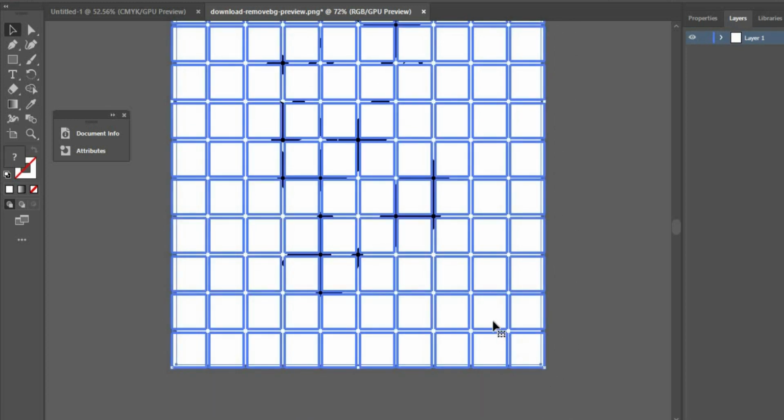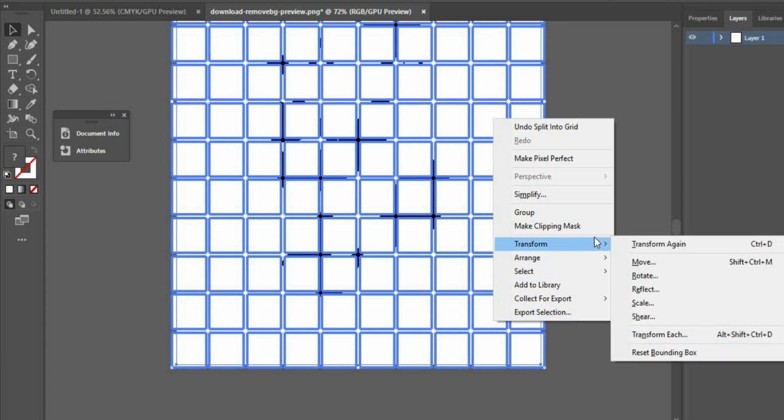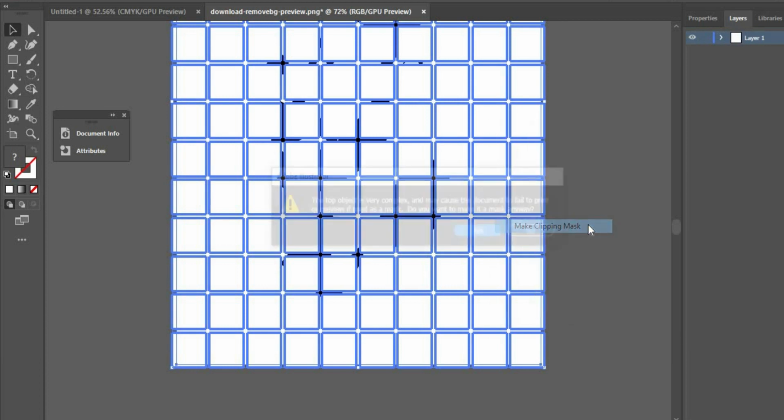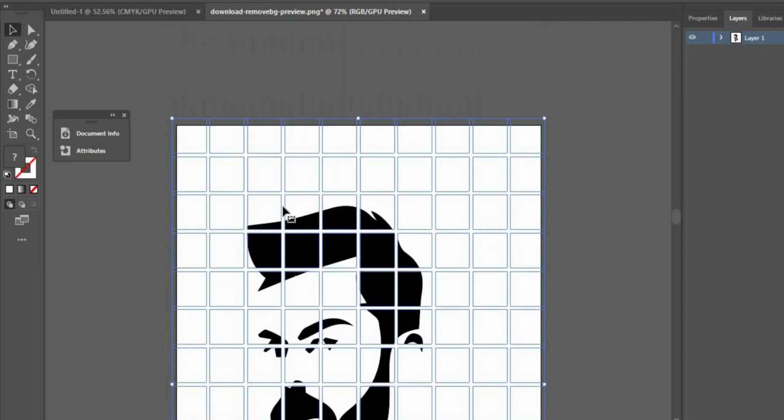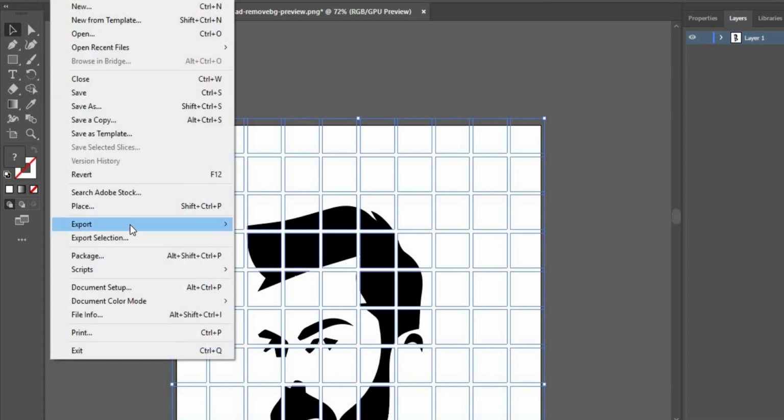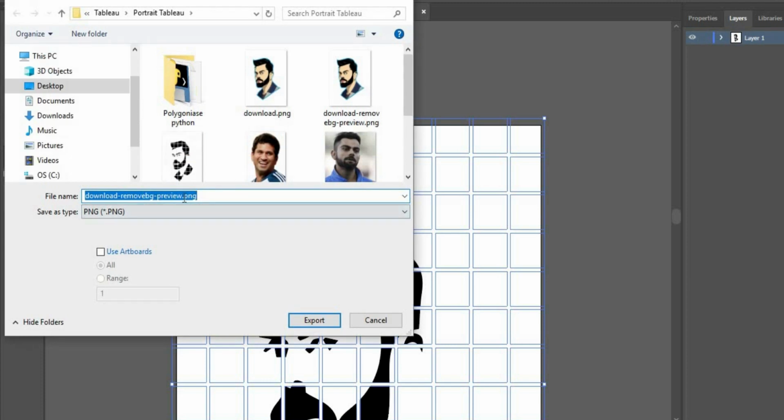Now right click and make clipping mask, click on yes. So here the grids are created and the image is split into grid. Now what you need to do is File, Export As PNG. So I'm exporting this image into PNG.